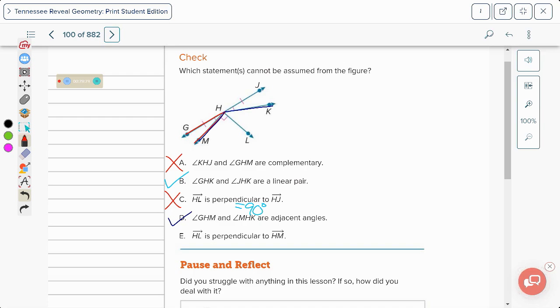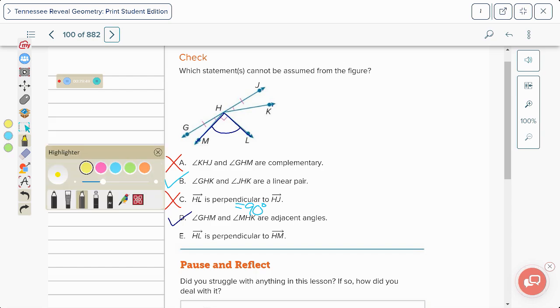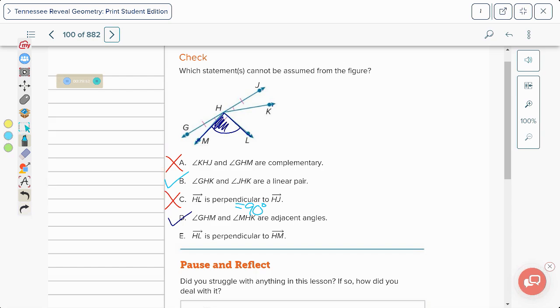Now for our last statement. It says that ray HL is perpendicular to HM. So this is kind of what I was meaning before. Look at the two lines, connect the lines to identify the angle, and then look inside the angle there, okay? Look inside there in the shaded region. Is there anything there telling us that that is a 90-degree angle? Well, yeah, there is. There's a 90-degree symbol. So we can assume that statement. So the only two answers we cannot assume are statement A